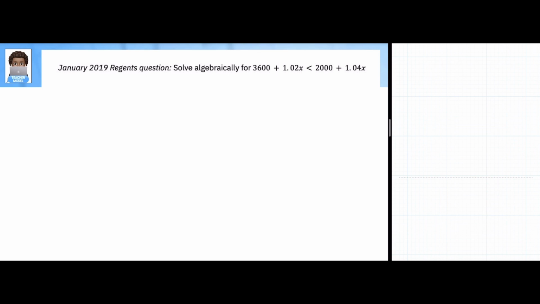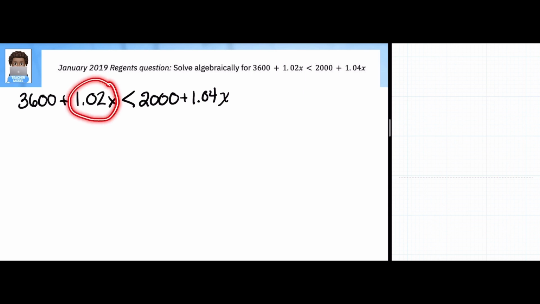All right, we're going to start this first example. I'm going to rewrite it, and I am going to use our calculator on the side. And we get to make some decisions. I like to start with my variables first. So do I want to move this variable over? And that would mean subtracting. Would that make more sense? Or do I want to move this one over? And that means subtracting